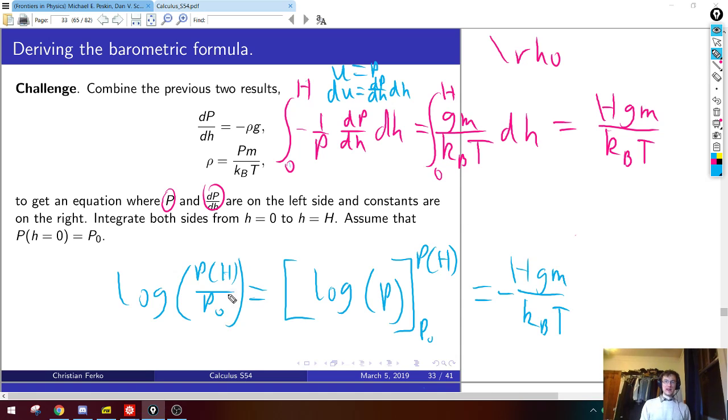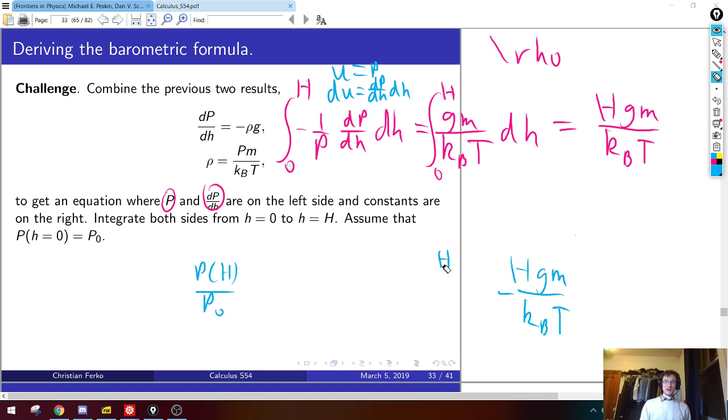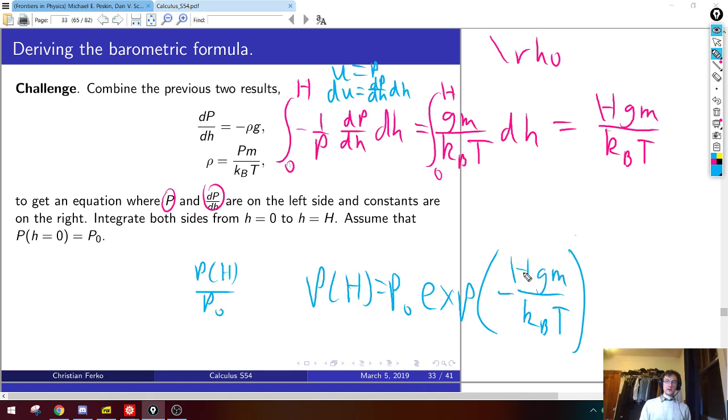Good. Okay, so log of P(h) over P0, we want to solve for P of h, so what do I do to both sides? We exp each side, there we go. Yeah, exponentiate both sides. So on the left side, that kills the log. I'm going to write this equation now where there's a big gap because I'm too lazy, but now the right side has a big old exponential, and I guess I should multiply by P0. Yeah. So P of h is P0 e to the negative Mgh over kBT. That's the answer. Now this is a pretty famous formula in atmospheric chemistry and physical chemistry called the barometric formula.